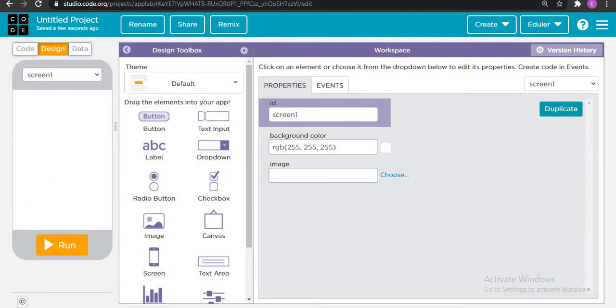Guys, let's import the screens, and if you don't have the link or if you're finding a difficulty to get the link, actually all the links are there in the description. You can just take benefit from those links. You can either just go and check that project or you can import the screen and work with me. My recommendation to you is that you should always import the screen, and you should not actually just take the app and do your customizations, because that's not going to really help you.